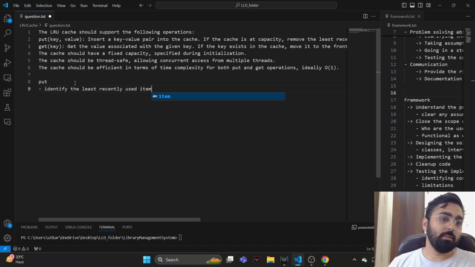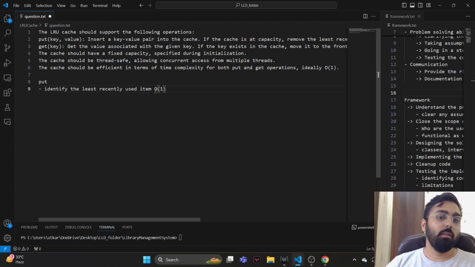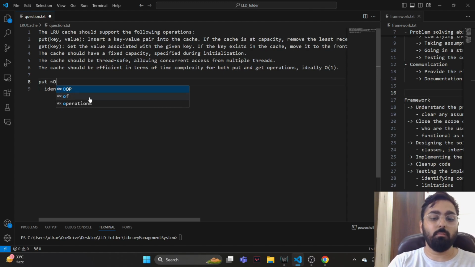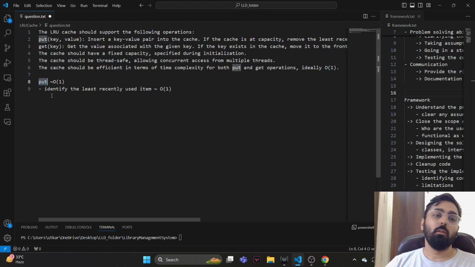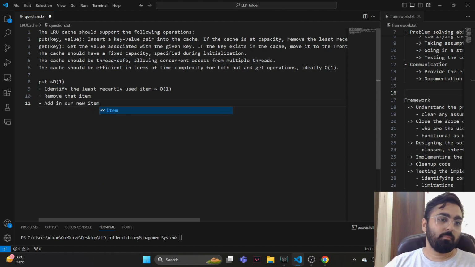And basically this operation of identifying the least recently used item should be done in constant time if we want our put operation to also be done in constant time, right? Because every time we do a put, we'll have to identify the least recently used item, and then we basically have to remove that item and we have to add in our new item. Okay,